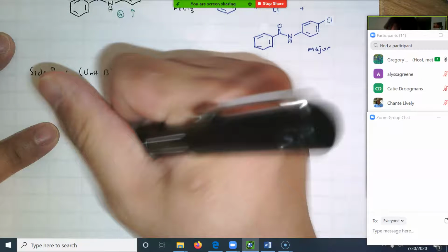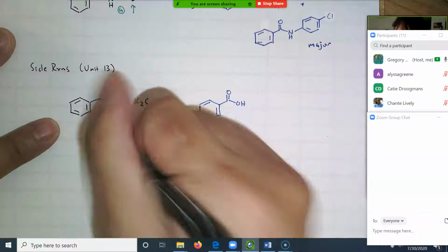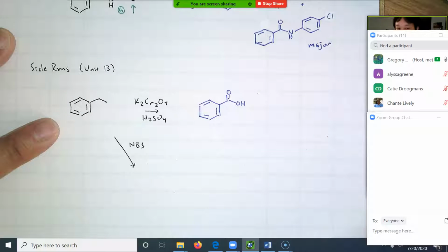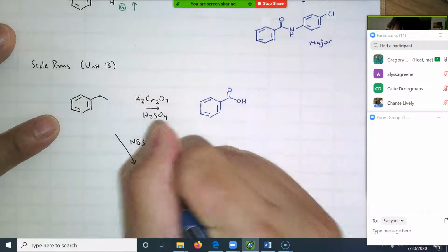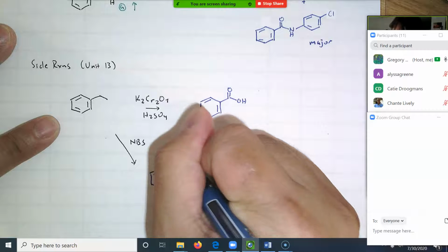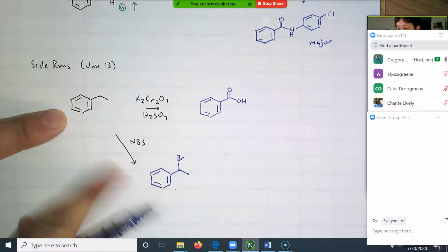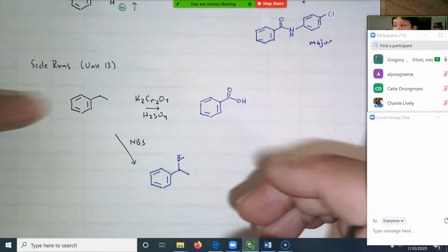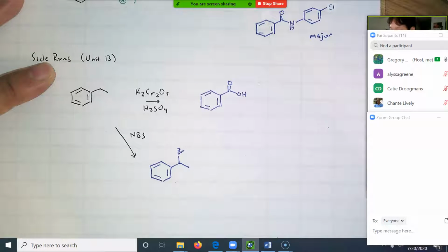How about this one? NBS. Why is this interesting to put onto the ring? So NBS is bromination at the benzylic position. Okay, this is literally a reaction that we saw in Unit 13, but how do we use this in the context of what we want to do eventually, which is synthesis? Well,